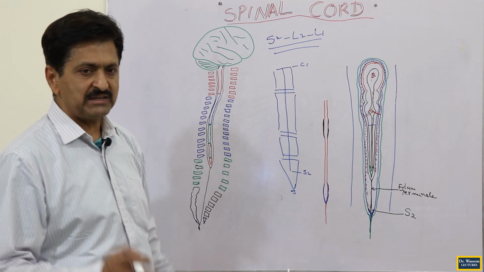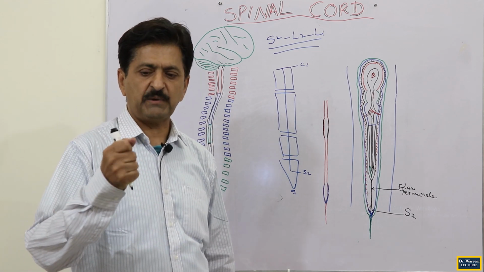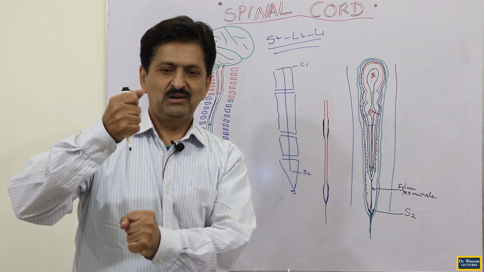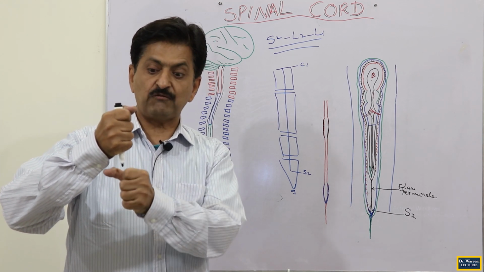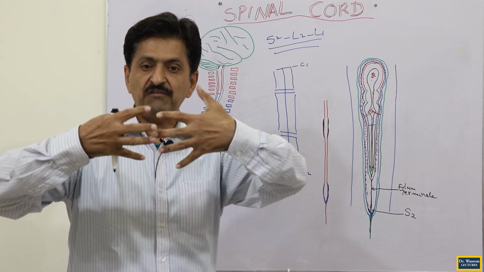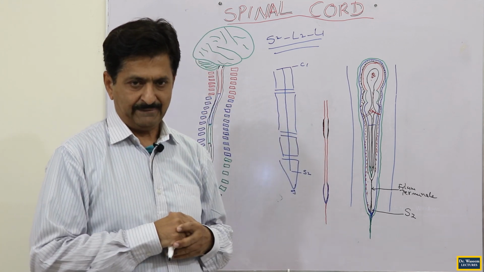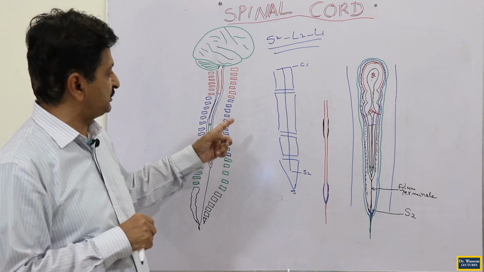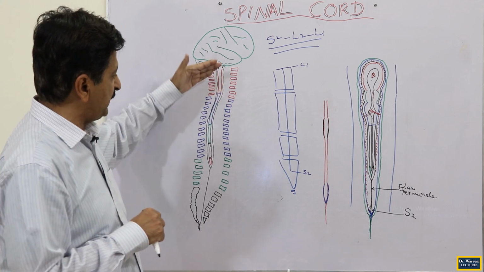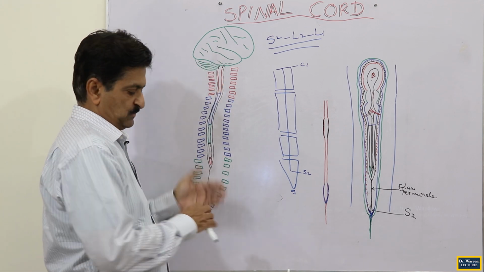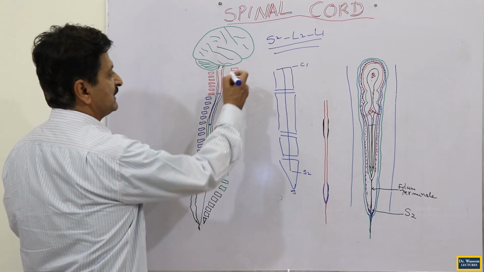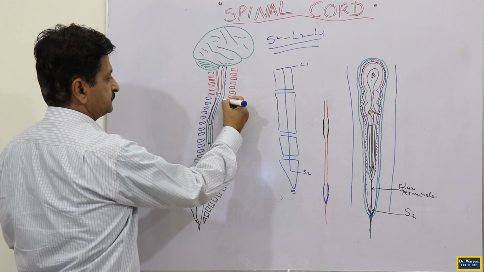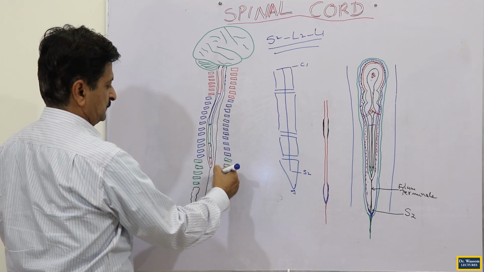But the stability of the spinal cord is not just because of the filum terminale, because it is holding it. The pia mater vertical extension is not enough, so we have lateral extensions of the pia mater also. Lateral extensions of the pia mater are present wherever the spinal cord is present. When the spinal cord is present here, outside we have the arachnoid mater, the second layer, up to S2.